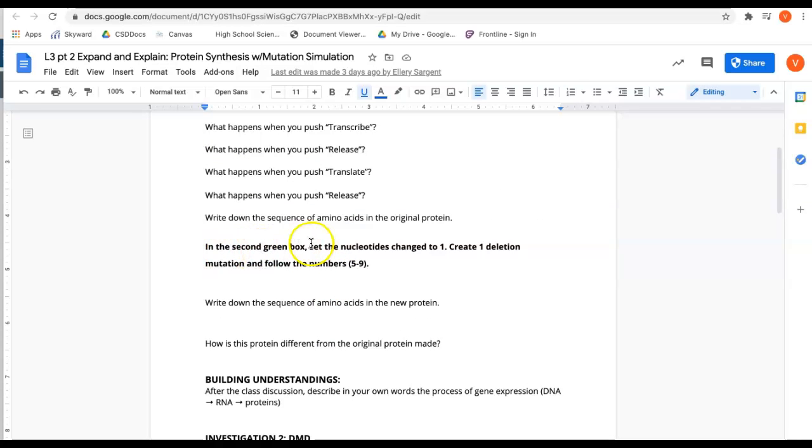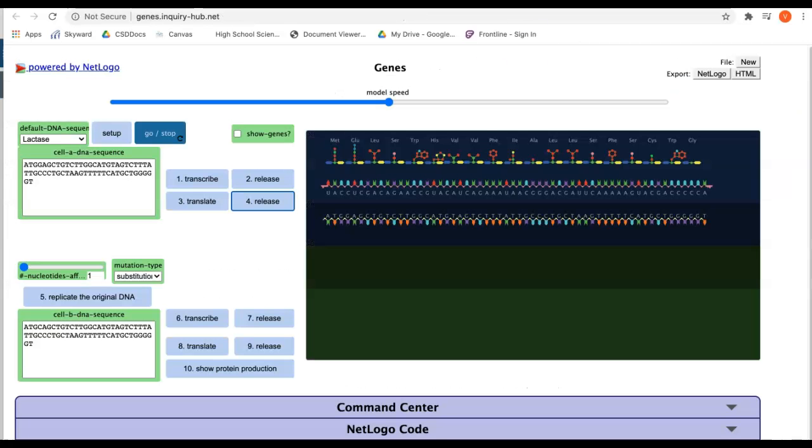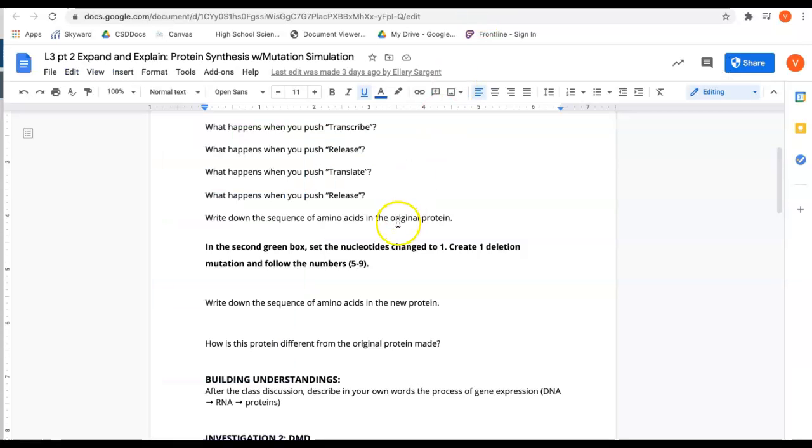Okay, and then the second part, in the second green box, you're going to take a look at how a mutation will change it. So you're going to leave this here, come down to this second box, okay? This first green box, you can change the number of nucleotides that you change in this original DNA strand, okay? So this sequence down here in the cell B DNA, that is the same sequence as up here, but with one change somewhere, okay? And this has made a substitution change, but if you look back on your worksheet, create